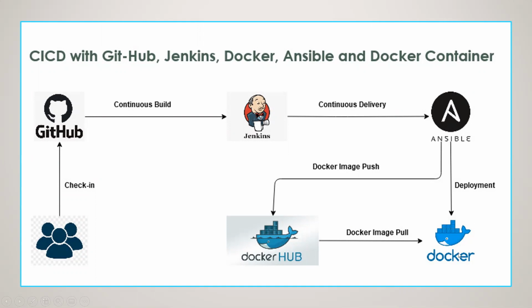So here you can use a Docker server, or we can create a cluster like Docker Swarm or anything, and we can deploy using Ansible. But in this POC, I am using something simple. We'll use a simple GCP instance, where we will create the container for that Docker image. So in this POC, generally we will use three systems: one for Jenkins, another for Ansible, and another for this target system, where Docker is there.